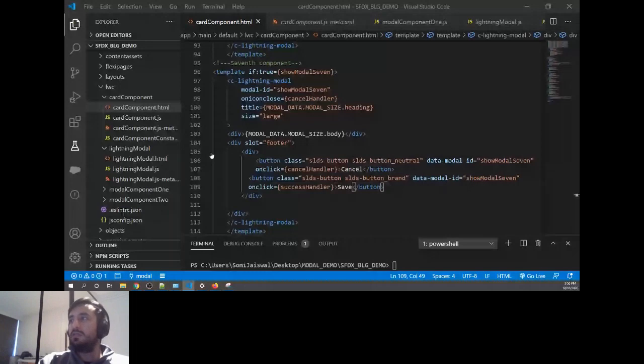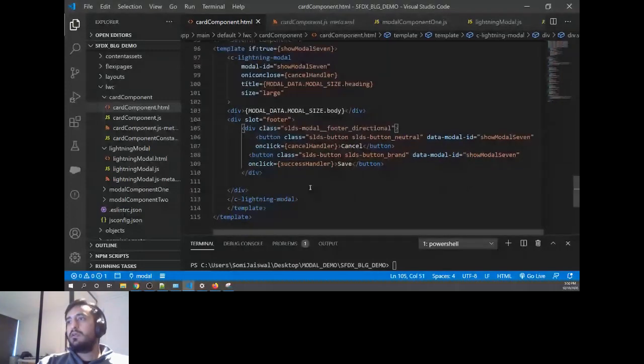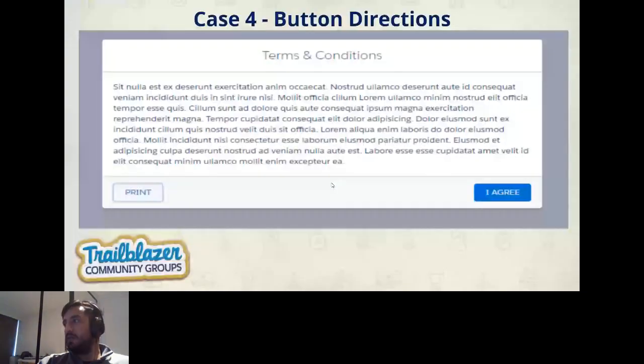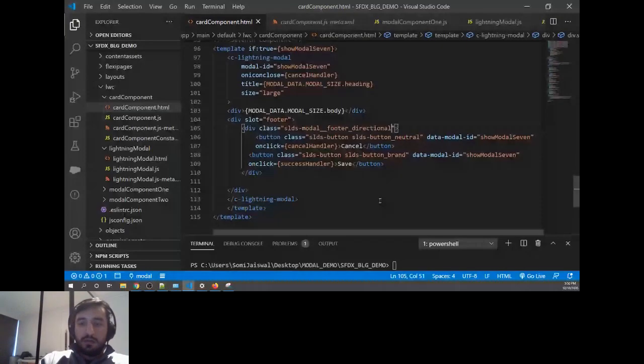So you can look into this class in the SLDS library. That is SLDS model foot directional. So it just changes the direction of your buttons. So let's go and see. You want the print on the left side and I agree on the right side. I'll change the button name, print, and the other one is I agree.